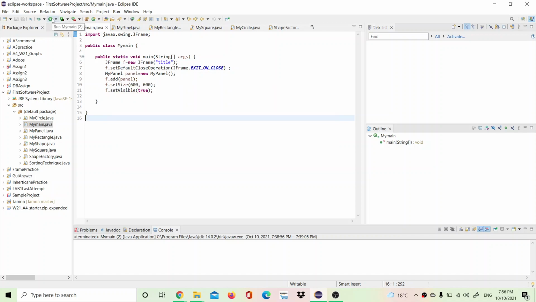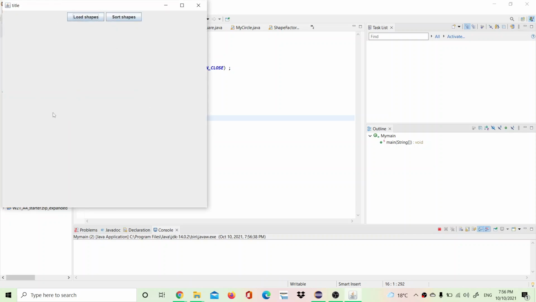So when we run the application, it can be seen that an interface shows up and there is nothing in it at first, but by pressing load shapes, it will generate 6 random shapes with random colors and random surfaces. So as it can be seen, random dimensions. So load shapes is working properly, and sort shapes